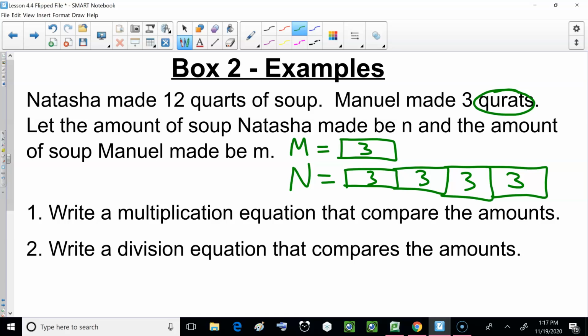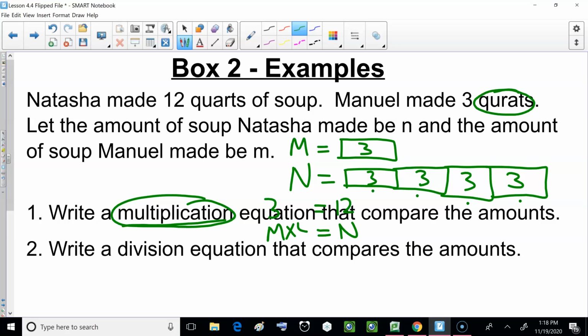So we're doing this. We need to use multiplication. And so we'll have Manuel on one side, and then Natasha on the other side. And now the question is we need to multiply. So which number would we need to multiply to equal each other out? Well, if Natasha has 12 right now, and Manuel has 3 right now, we know 3 does not equal 12. But if I take 3 and I times it by something, since it's a multiplication equation, I can make 3 equal 12. If you look at my drawing, notice I had a 1, 2, 3, 4 times as many,